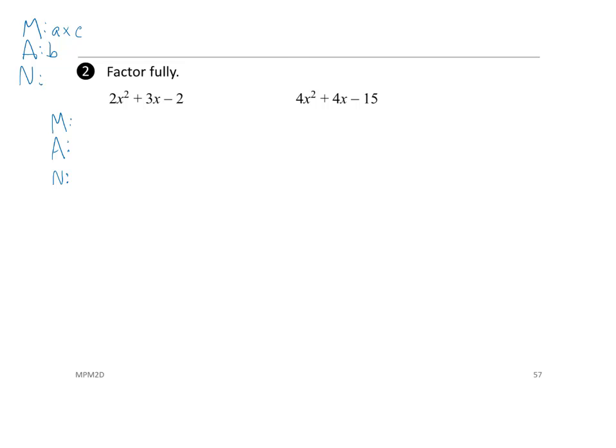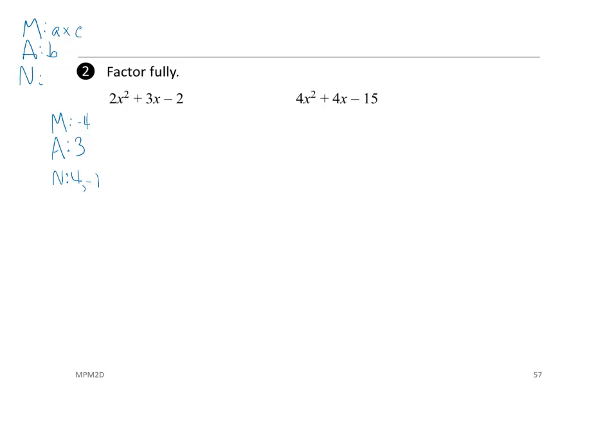Two times -2, we get -4 here. Adds to 3. And our numbers, if you recall from last lesson, were 4, -1. Alright, so setup is almost the same. That's basically the x just represented in a different manner. But now,